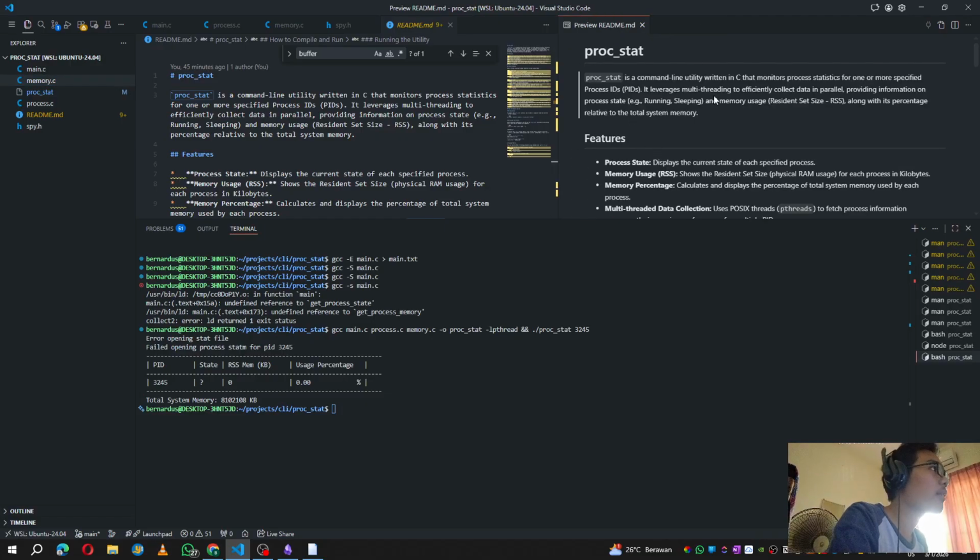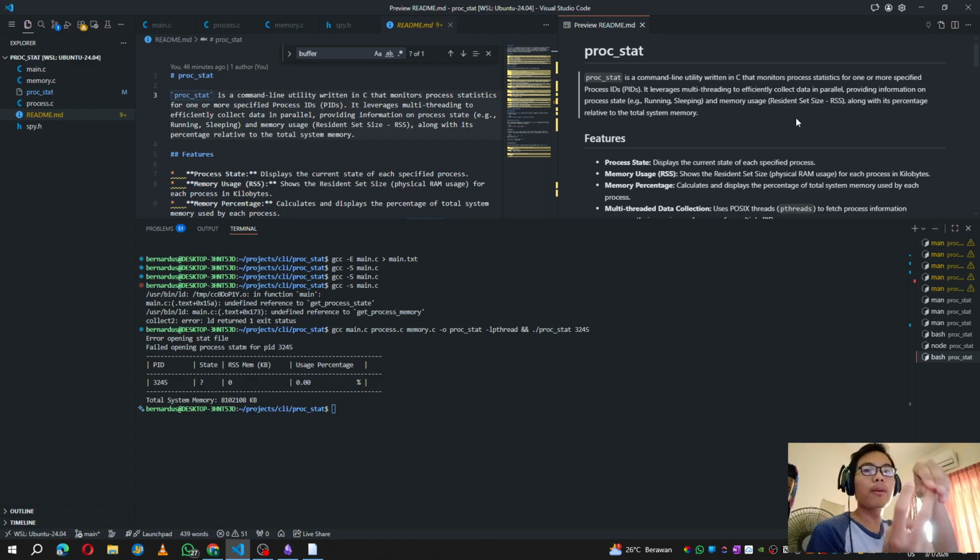So let's get back. It leverages multi-threading to efficiently collect data in parallel. Not 100% efficient, because I have sequential parallelism, which basically means I'm collecting state and memory, right? Before collecting memory, it needs to collect the state first. After all threads are finished, only then we can collect memory. So it's sequential parallelism. It's not 100% efficient, but